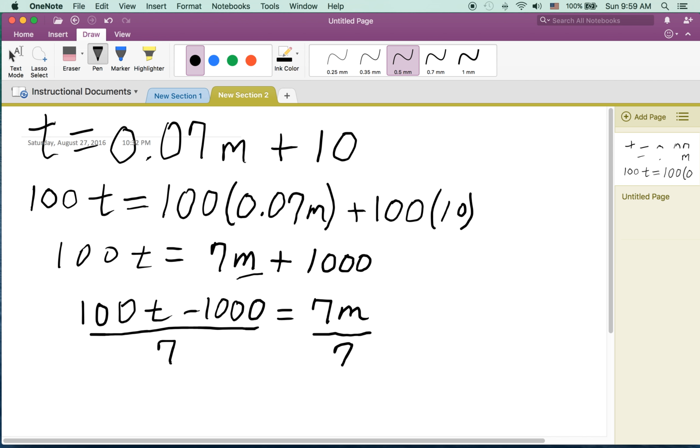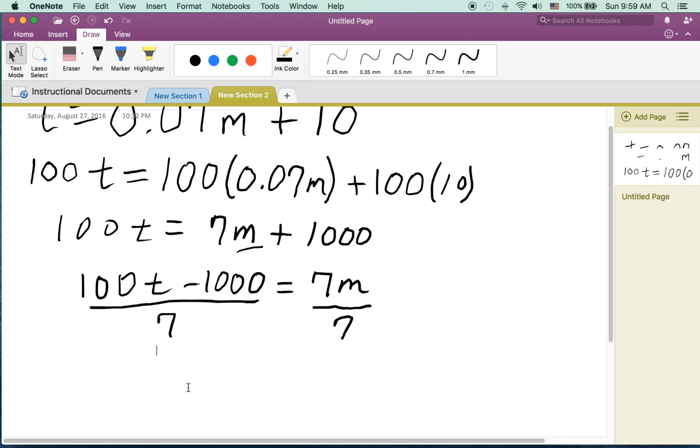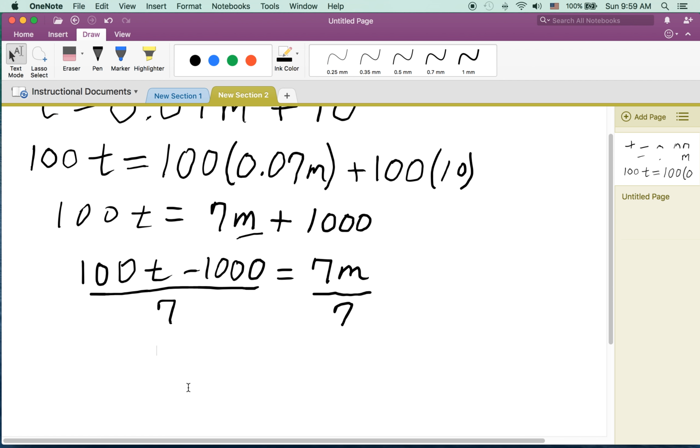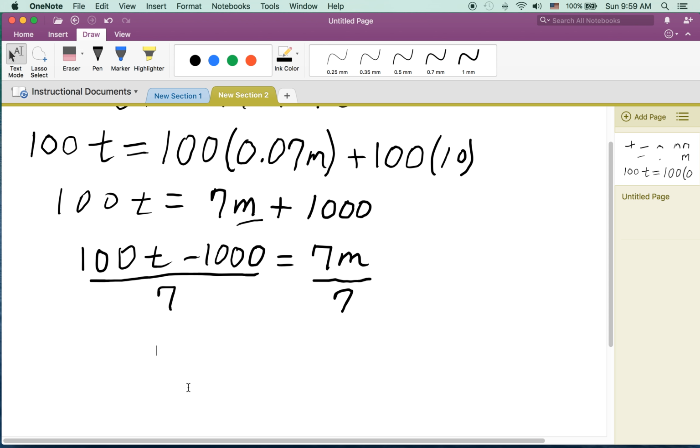Division distributes over subtraction just like it distributes over addition. So we're going to divide this by 7 and this by 7, and we're just going to leave it as fractions. Now I know as a student you like decimals. Mathematicians tend to use fractions, so we always need to be ready to work with fractions if we need to. So this is going to leave us with